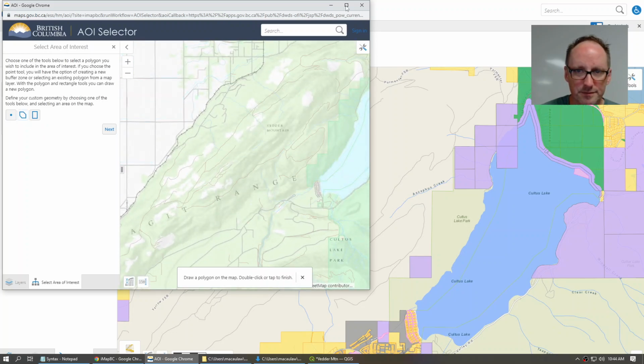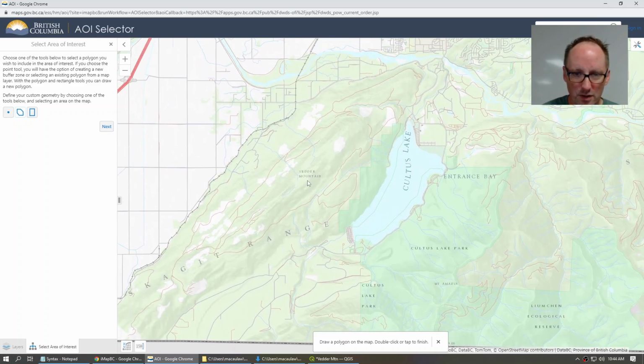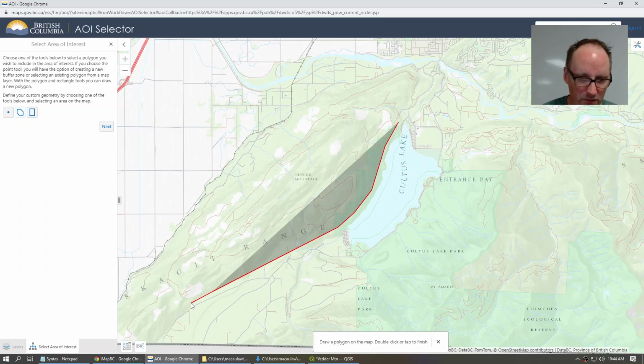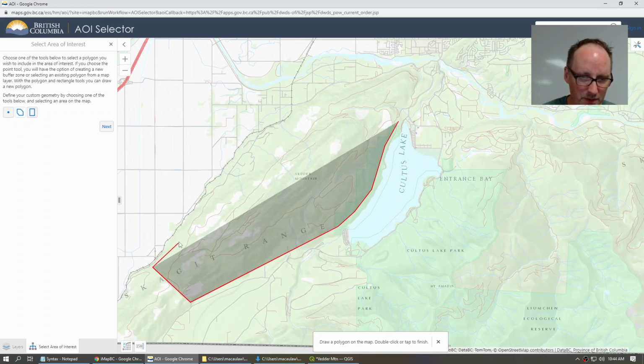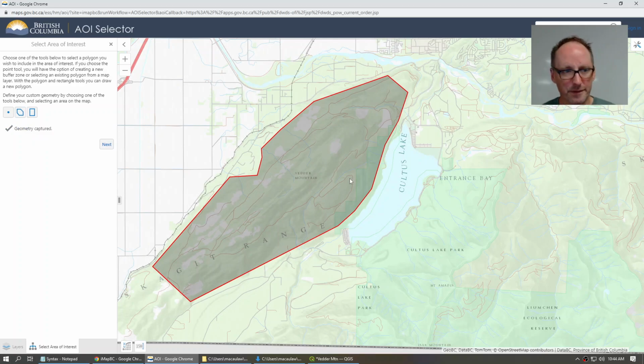So what I'm going to do is draw that polygon. So I want to keep the provincial park here, so I'm just drawing this line. Now I know there's going to be some private properties that I am going to capture on this, probably more than I need. Okay, so double click when you're done. All right, so it'll confirm that you've captured some geometry, some of the parcels. So if I hit next,